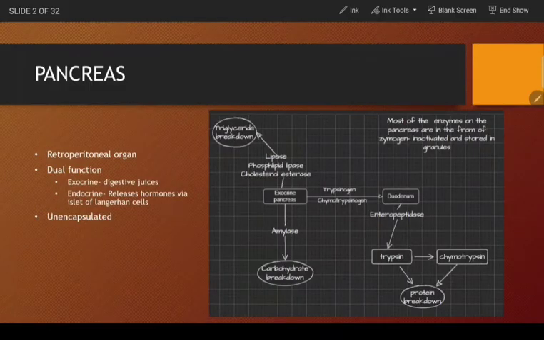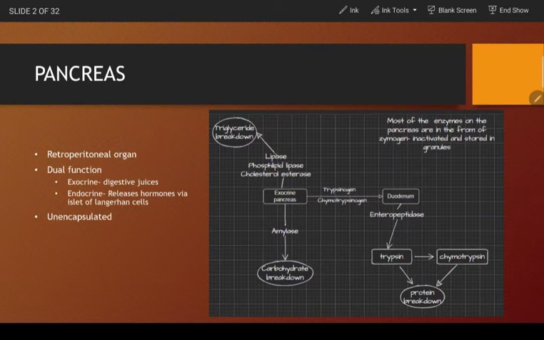So, pancreas is a retroperitoneal organ. It lies behind the parietal peritoneum along with kidneys, duodenum, rectum, and a couple of other vessels. It has a dual function, as in it has an endocrine function which releases hormones like insulin, glucagon, somatostatin via the islets of Langerhans cells into the bloodstream, and an exocrine function where it releases digestive enzymes into the duodenum